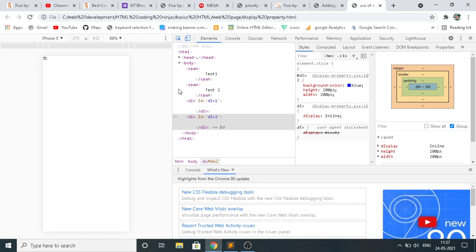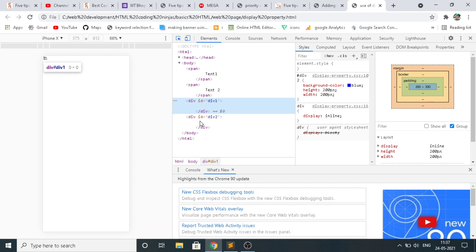So an inline element takes only that much space in which the content is there. But since there is no content, div1 is showing 0 cross 0 and div2 is also showing 0 cross 0. So since there is no content in the div,